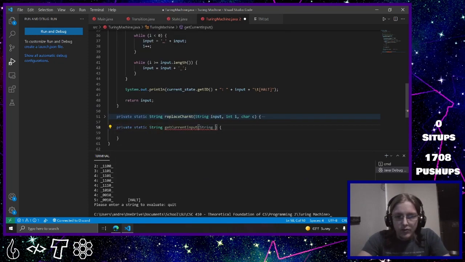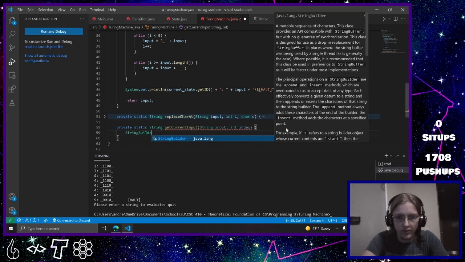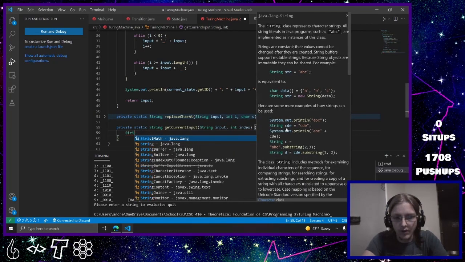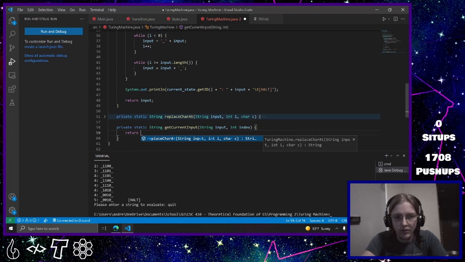And that will be a string input and int index. Index for the selected character. String builder. I guess it could just be a string. Return